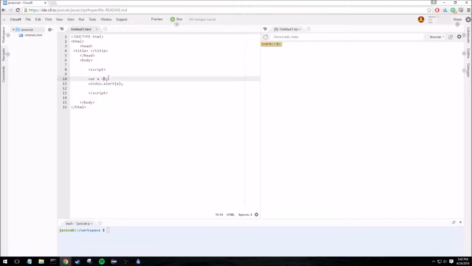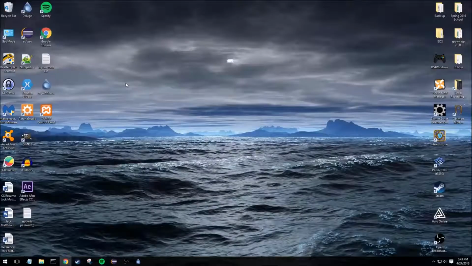That's cool, right? And we can declare a variable like this, saying var x equals 5, or we can say var x, and this is called initializing the variable, right? We said there's a variable named x, and next we are saying that x equals 5. Another thing to remember in JavaScript is spaces don't really matter, but case does, right? So I can put as many spaces as you want, and as you can imagine, this is useful for organizing it. However, case does matter, so if I did an uppercase W,